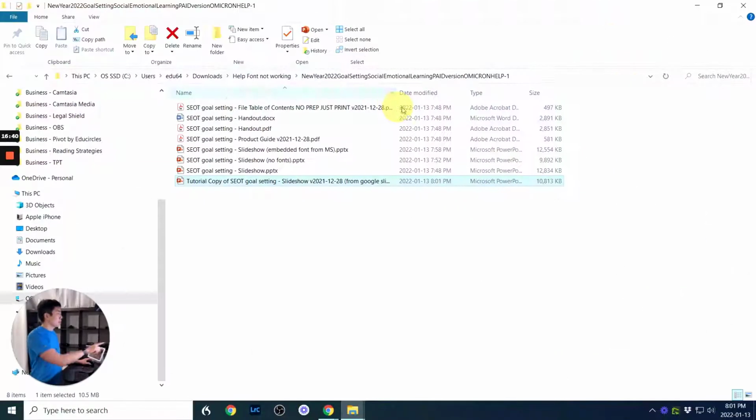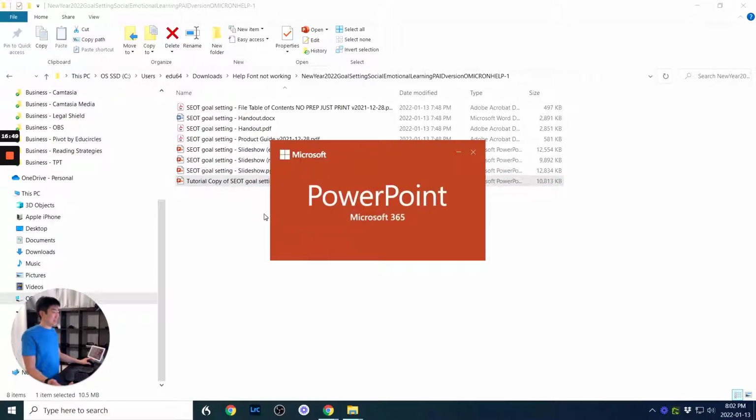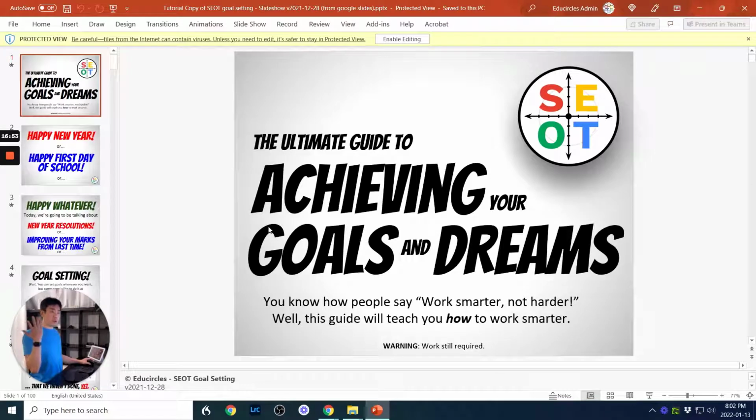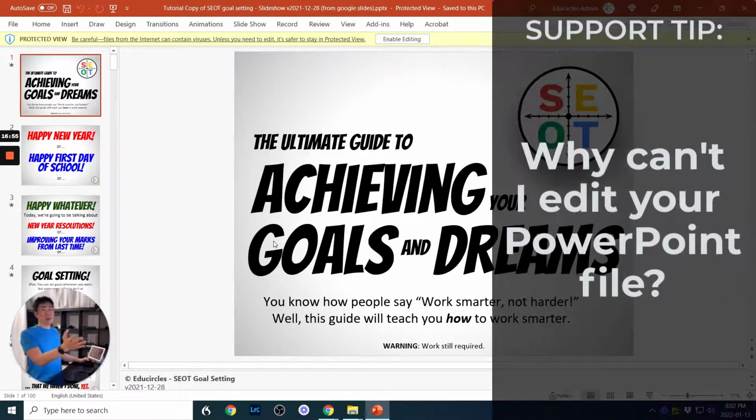Here we go. So it's 10,000 kilobytes. So I think that means the font is embedded in it, because now when I open this file from Google Slides, the font works great. By the way, when you sell resources on TPT, sometimes I'll get a question like, hey, this is a Microsoft PowerPoint file. I can't edit the file.